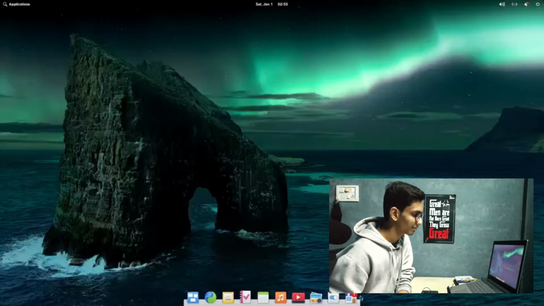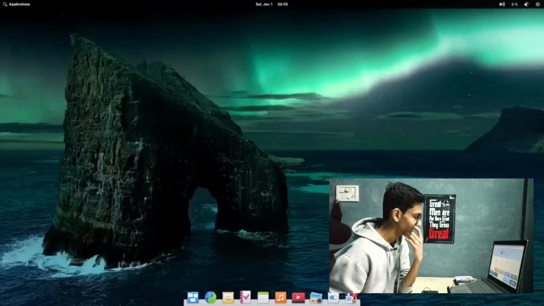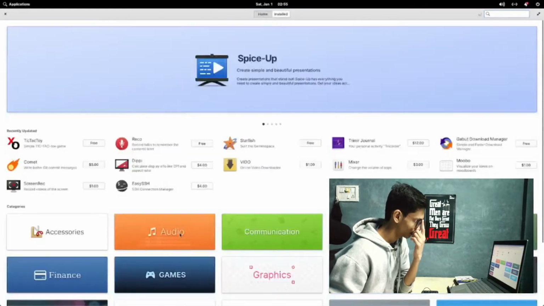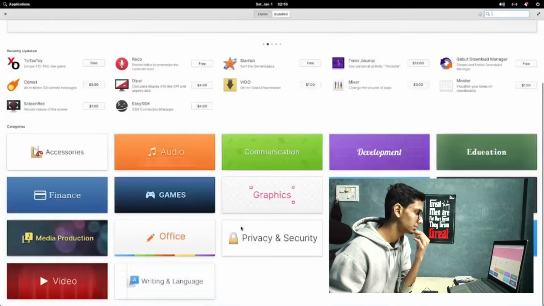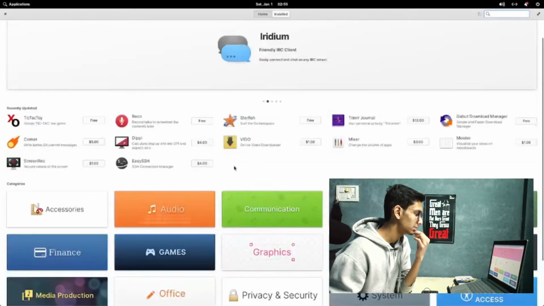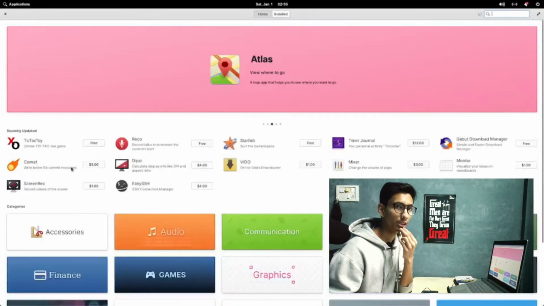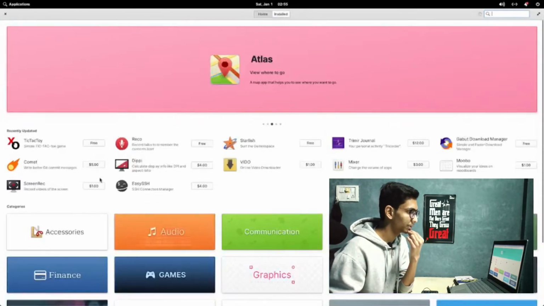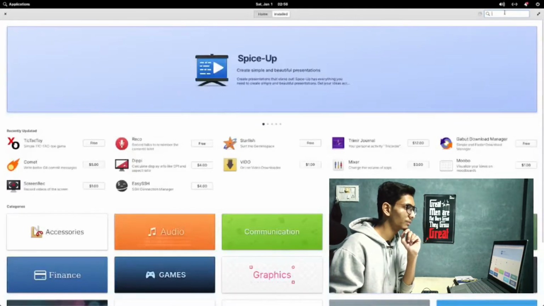The first of them is the App Center. It contains all the apps for a user. Though there is one thing in Elementary OS, it's that it contains a few paid applications too. Those developers who are looking to make money can benefit from this. The App Center contains almost all the software needed.